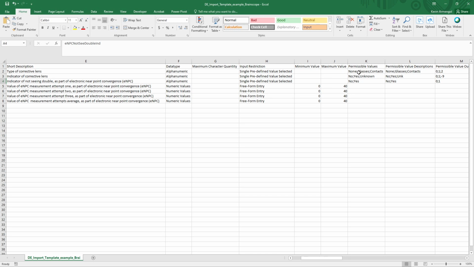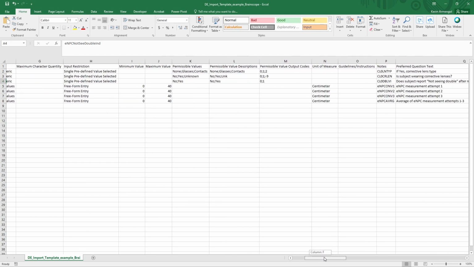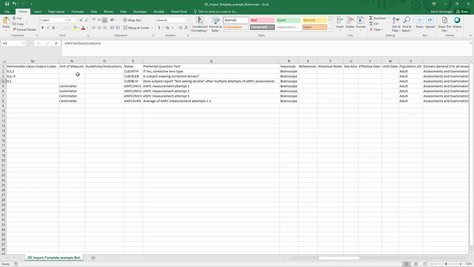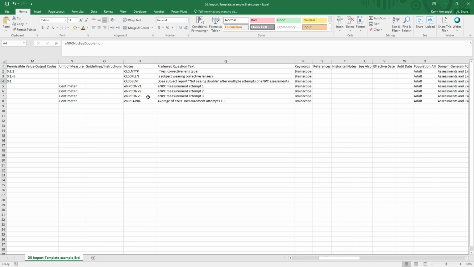They must be separated by a semicolon with no spaces, the permissible value descriptions, output codes, whether it is a unit of measure, any guidelines or instructions for filling out that data element, any notes, such as alternative variable names,